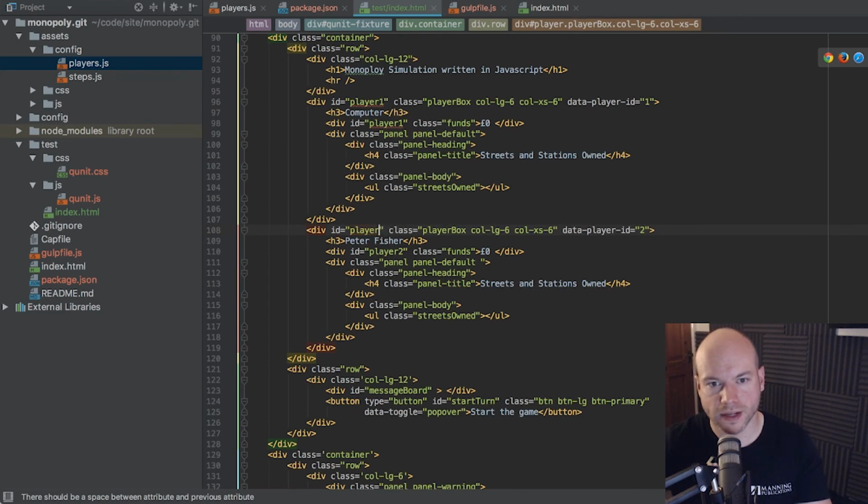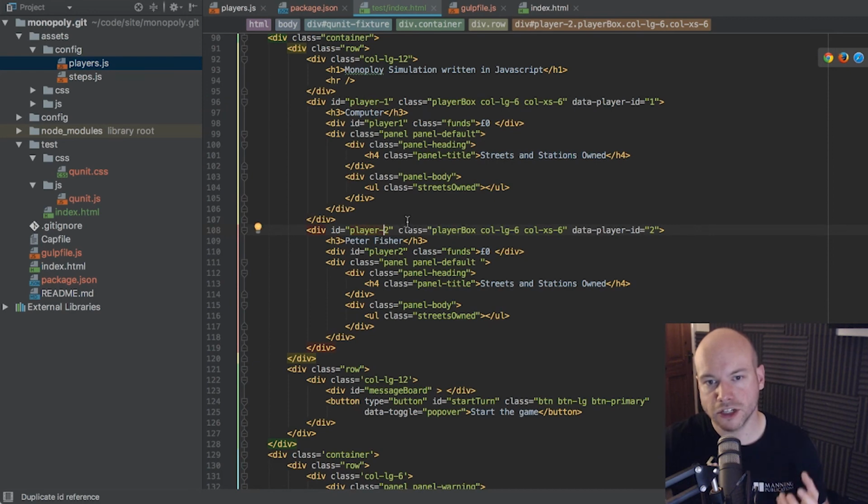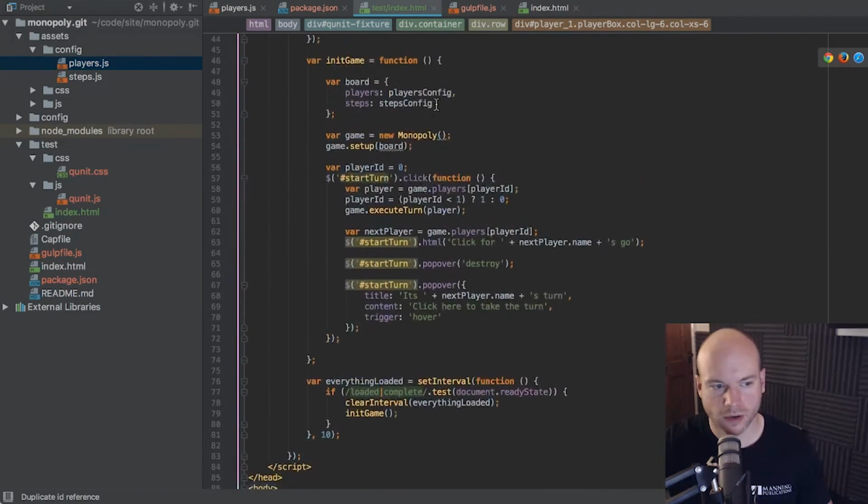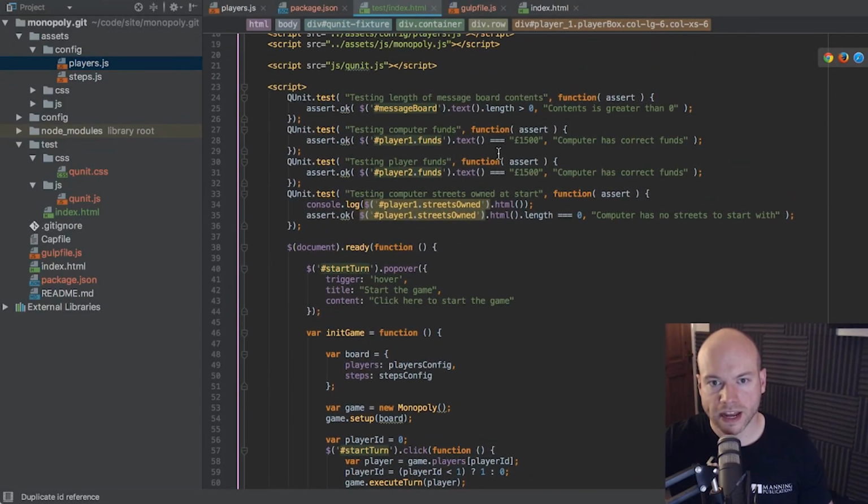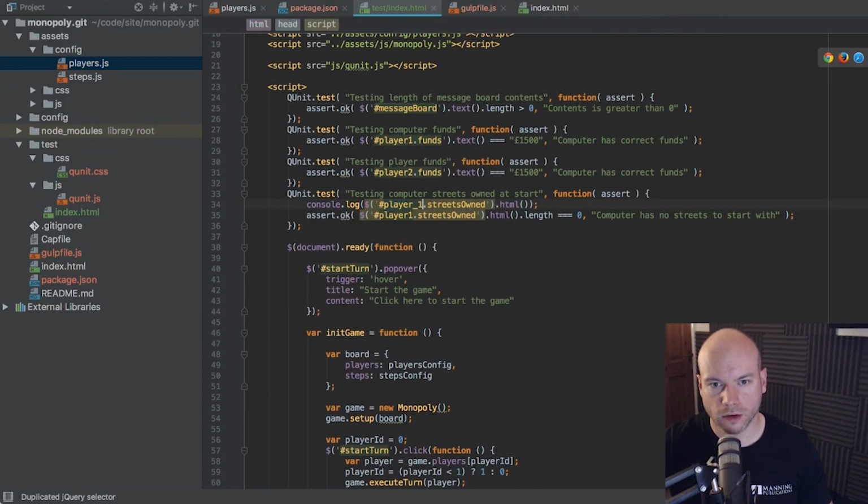I'm going to change that to be player 2. And I know that this isn't unique. So what I'm going to do is just hyphen these things. And I'm going to use hyphen as a way of determining the elements that I wish to refactor. I know we've got hyphens in here, so it's going to be a bit tricky. Maybe I should do underscores. Okay, let's change that. So let's go up here. So now with this, I can do player 1,